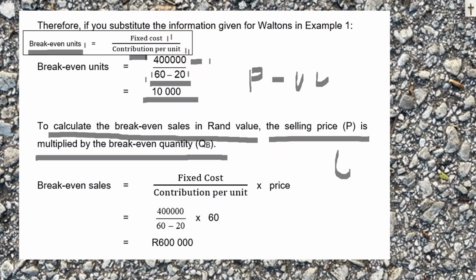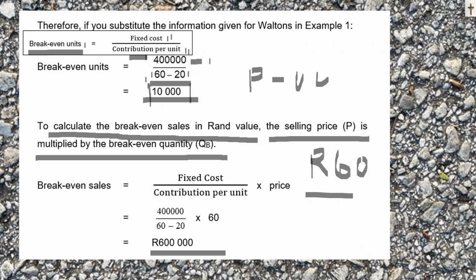Now the selling price in our example was 60 Rand. To calculate the break-even sales, the selling price is multiplied by the break-even quantity. There's the break-even quantity, we just calculated that, 10,000. So 10,000 multiplied by 60 is equal to